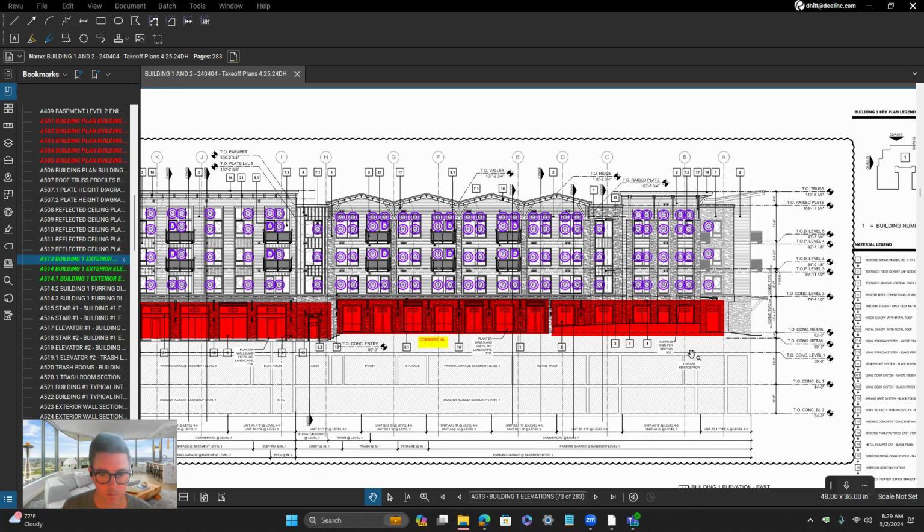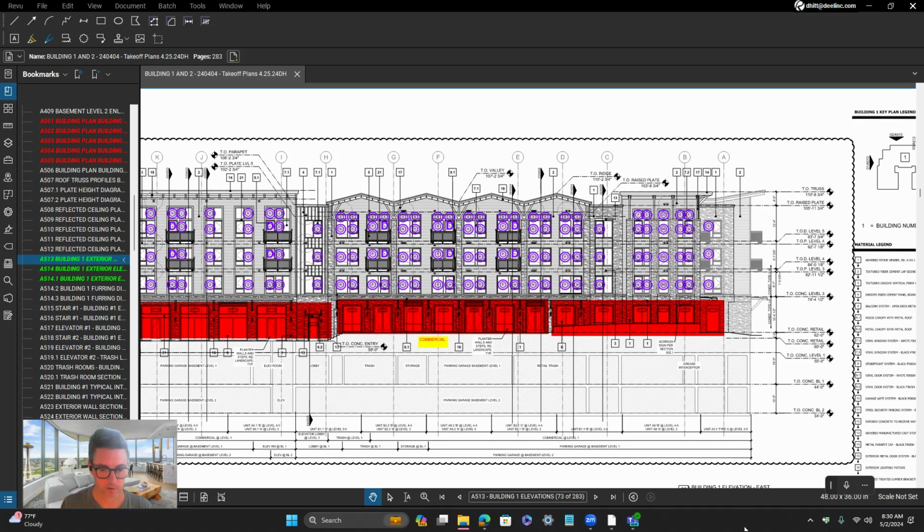I just wanted to pick up where I left off on the last video about how to do count markups. And on this one, we're going to talk about how to take those markups that we've added to our plan set and export them quickly into an Excel spreadsheet, and then how to set up filters in that spreadsheet to be able to extract the data that you're looking for when you're trying to do a quantity takeoff